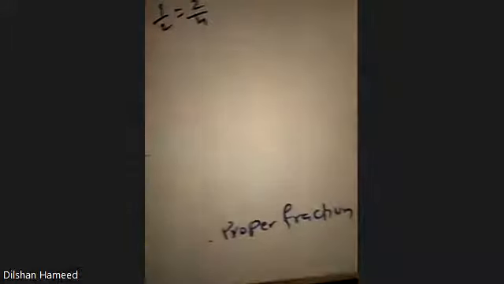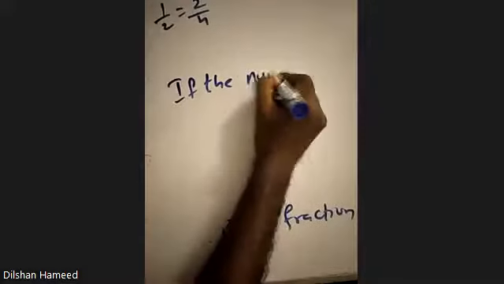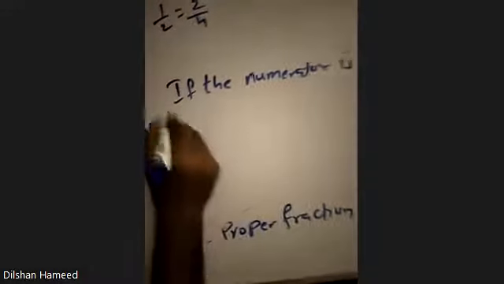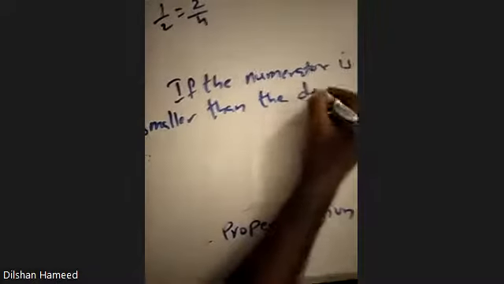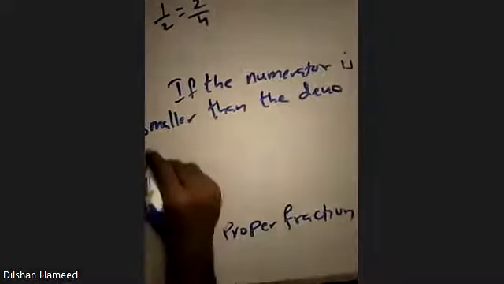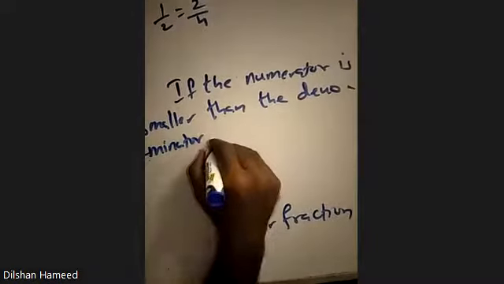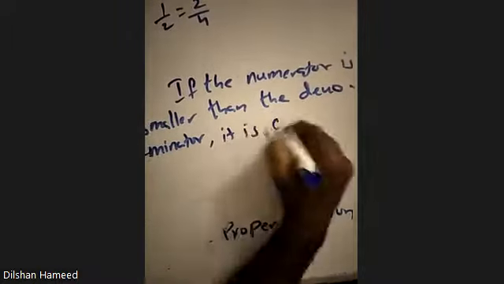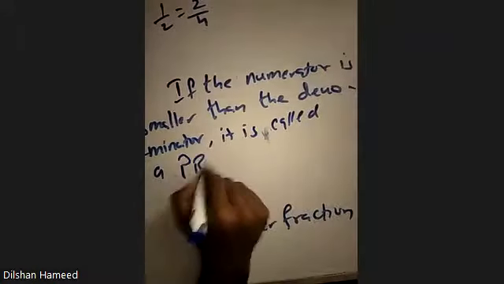So you write down as a note, if the numerator is smaller than the denominator, okay, it is called what fraction? Proper